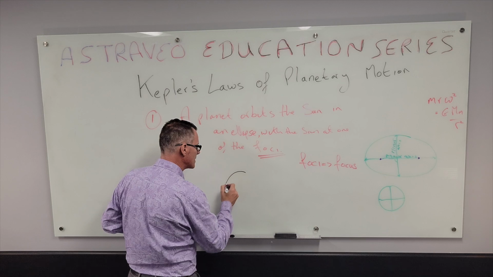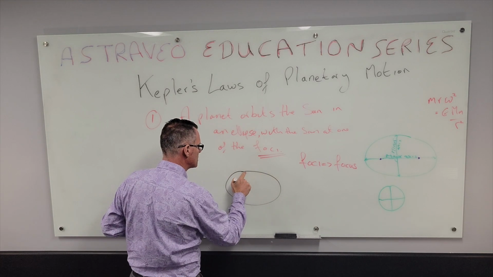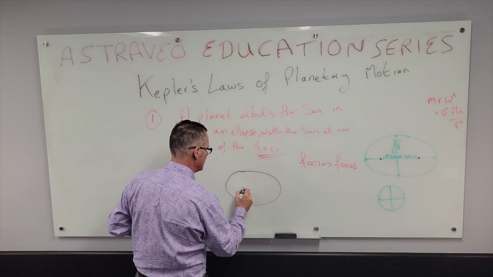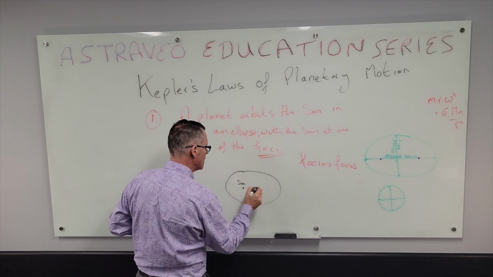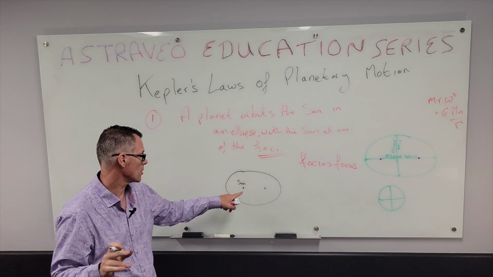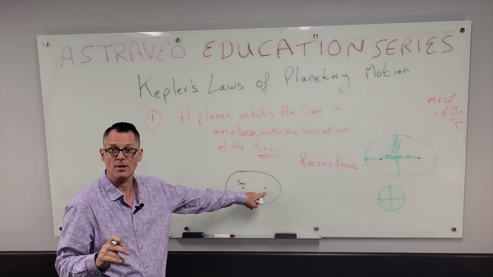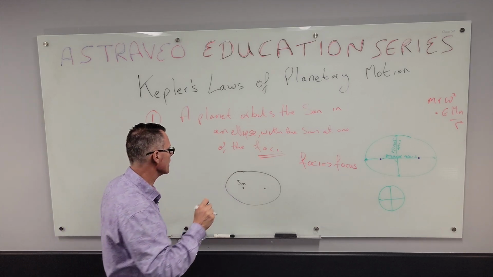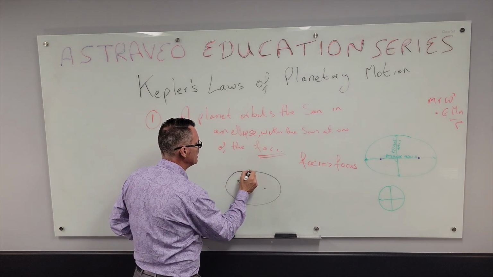But what essentially he's saying is, here's an ellipse, there's the sun, there's the other focus point. There's nothing there. It's just because the sun is at one focus. There's nothing but the other foci. An ellipse has two foci. And this would be a planet